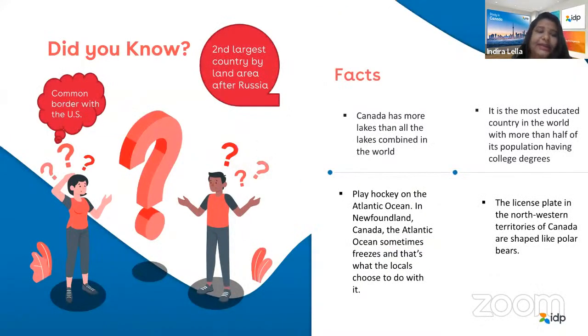So that's about the weather. And yes, why is it giving away a lot of PR opportunities in Canada? The main reason is that it's the second largest country after Russia in terms of land space. But when it comes to the population, it has very, very less population, guys. It's around 3.9 million, which is considered to be around 40th rank in demographic statistics. So that's the reason a lot of immigration is happening in Canada.